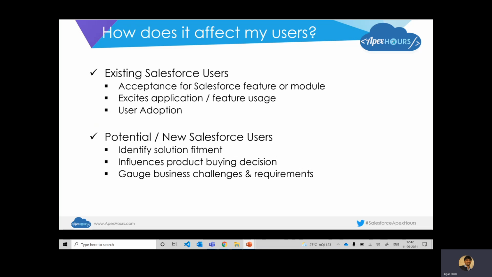And how this all ties up is that eventually this excitement and acceptance lead them into using the feature and hence the system, and as a result you are driving user adoption. A lot of us may not be aware that user adoption is a key perspective of any system once it has gone live, right?